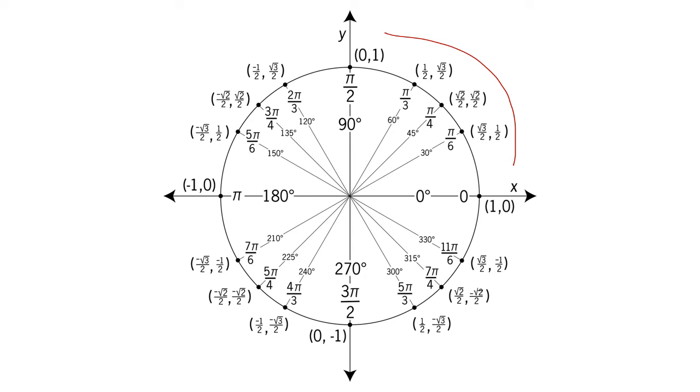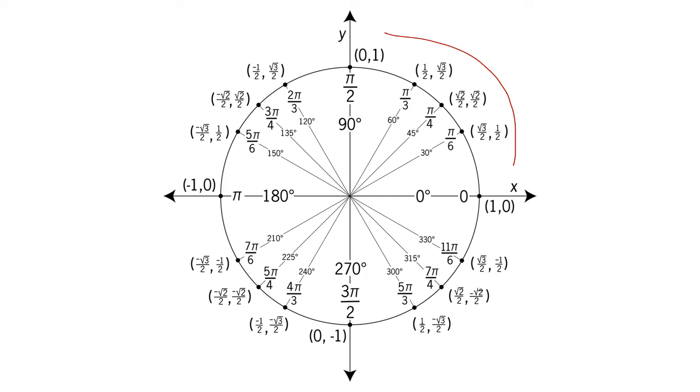So we know that 30 degrees is pi over 6, 45 pi over 4, and 60 pi over 3. Now all we have to do is, in the numerator, make the coefficient one less than the denominator. So now 2 pi over 3, that's the 60 degrees